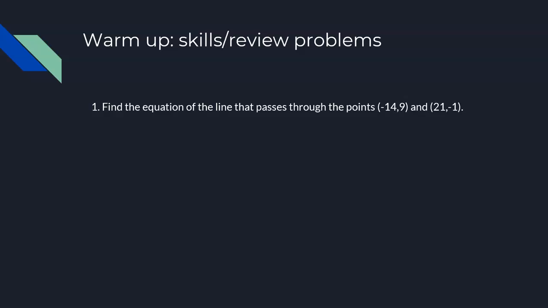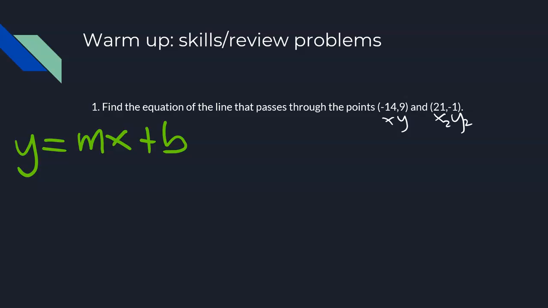Problem number 1. Find the equation of the line that passes through the points (-14, 9) and (21, -1). So let's recall. Since we are talking about the equation of a line, you learned this in Activity 1. We have y equals mx plus b, and m is the slope and b is the y-intercept. M is the slope, which is rise over run, change in y over the change in x. So let's have here, this is your x1, this is your y1, this is your x2, this is your y2. So change in y,